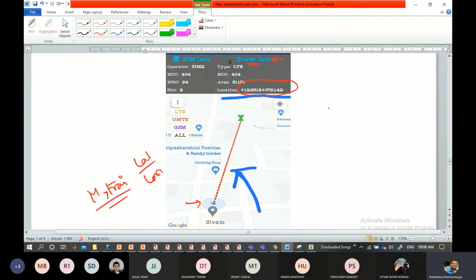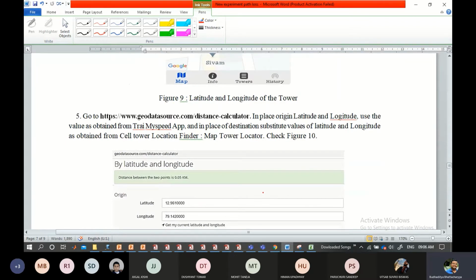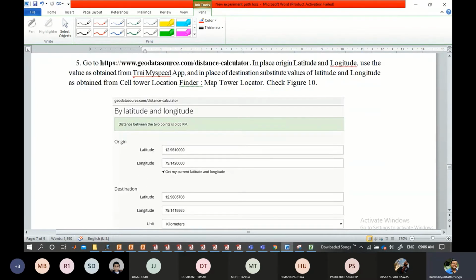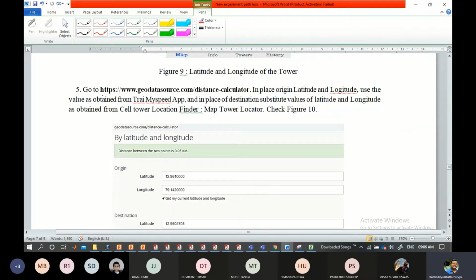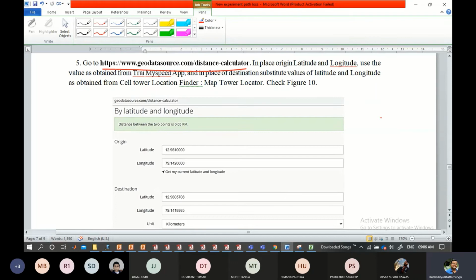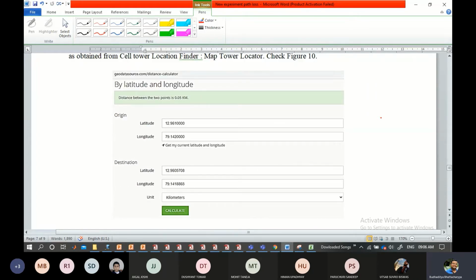So now you have two sets of latitude and longitude, one from the MyTri app and the other from this locator. Now you have to log in to geodatasource.com. This is again a standard website which calculates the distance based on the latitude and longitude inputs that you provide. It's a free website.